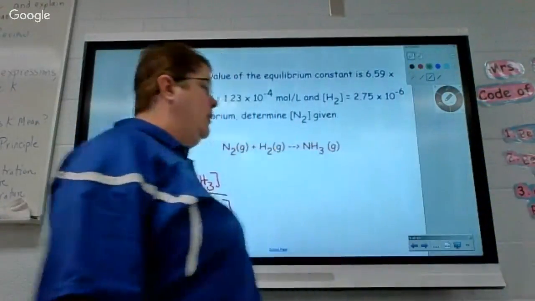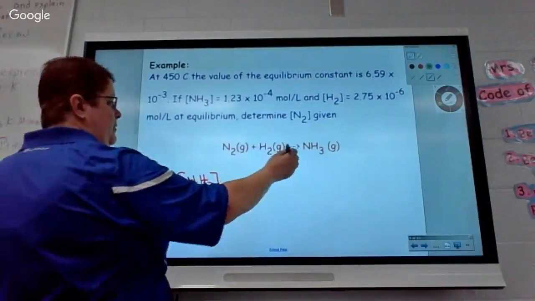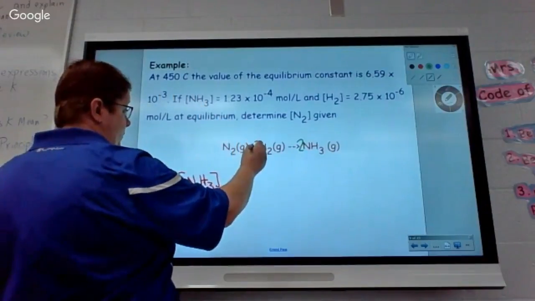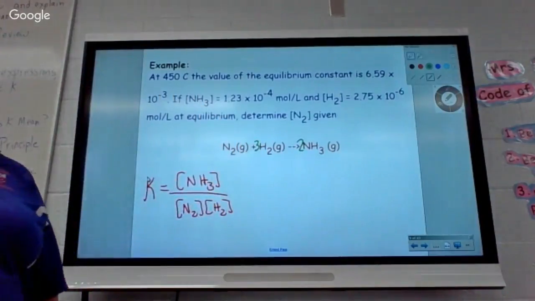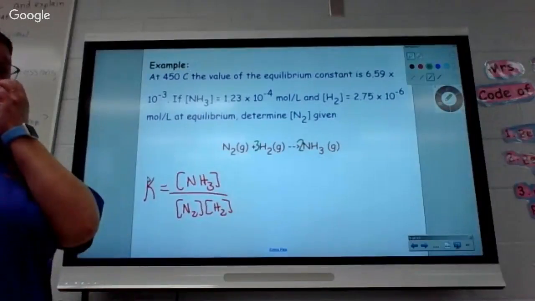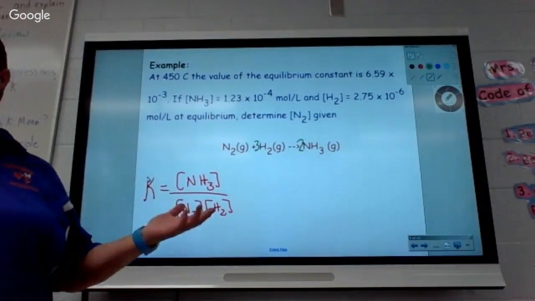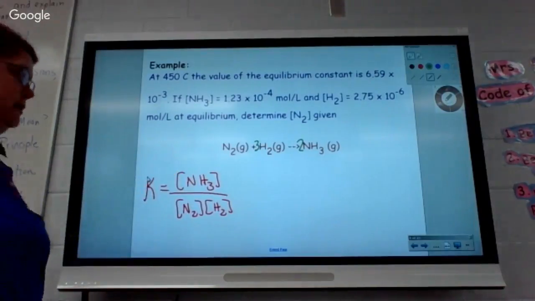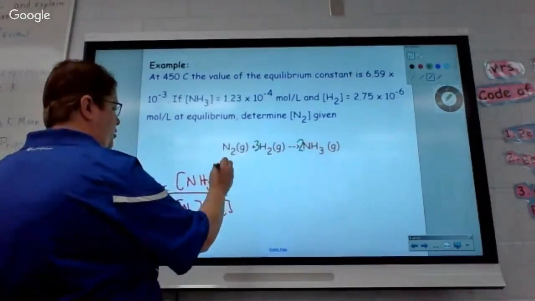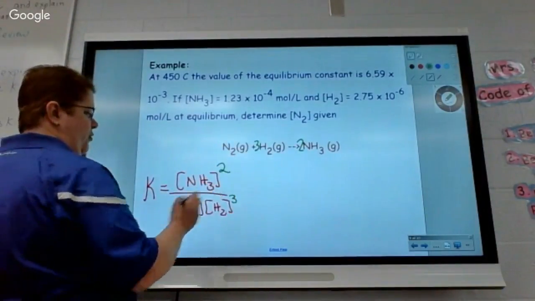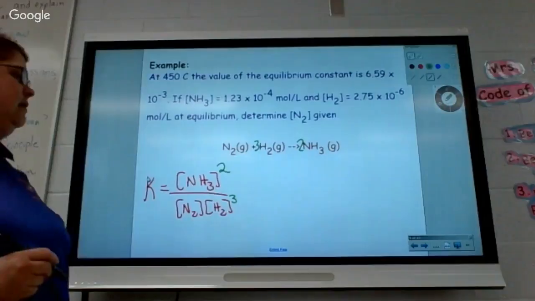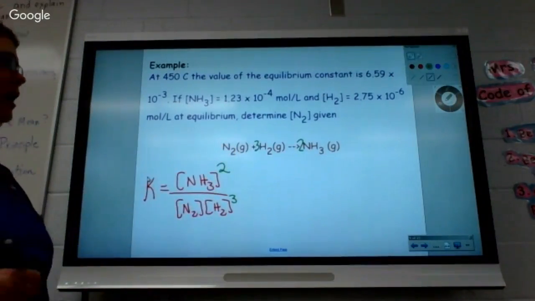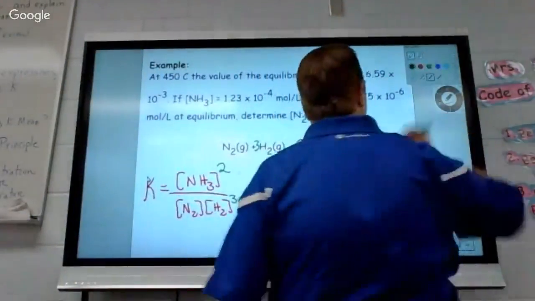All right, so how many N's are here? So we need to put a 2 there. And how many H's? Remember, don't assume that if there are no coefficients it's automatically balanced. If you see a bunch of 1s, check to make sure it's not balanced. So NH3 has a 2 and H has a 3. Are there solids and liquids that need to be canceled out, or are we good to go? Good to go.